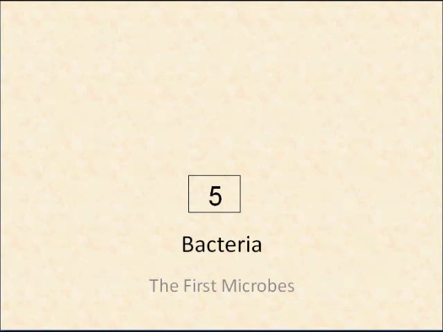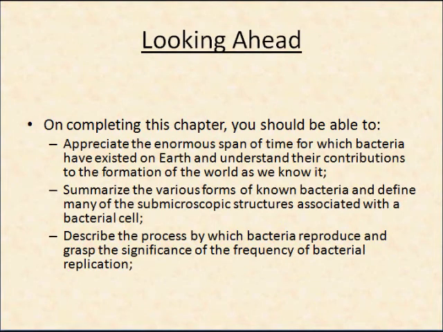In this unit, we are talking about the characteristics of the various microorganisms. Chapter 5 talks about bacteria, and so we're going to go through and talk a little bit about some of their unique characteristics. Now, bacteria were the first microbes to develop on planet Earth. And as we go through this chapter, what you're going to learn, hopefully, is to appreciate the span of time